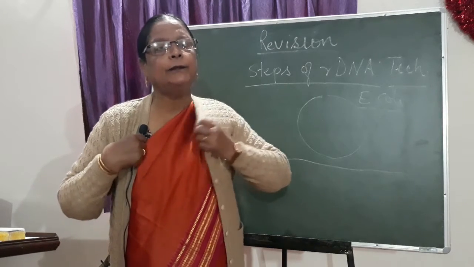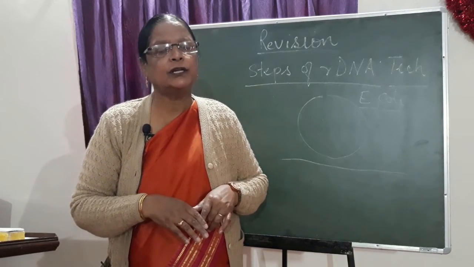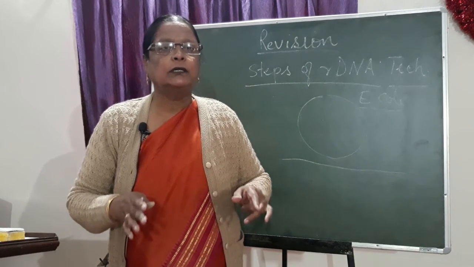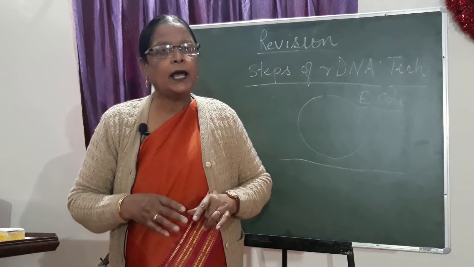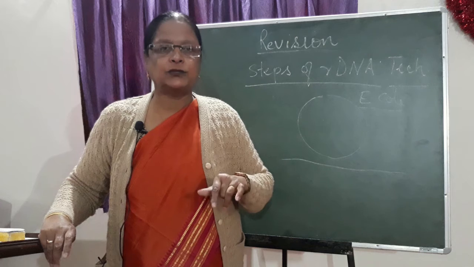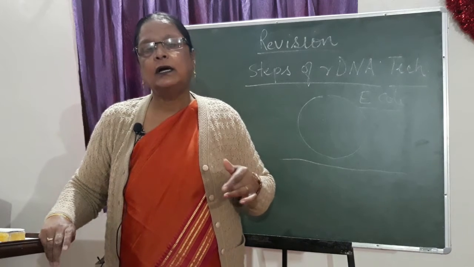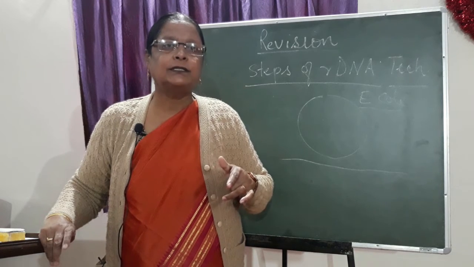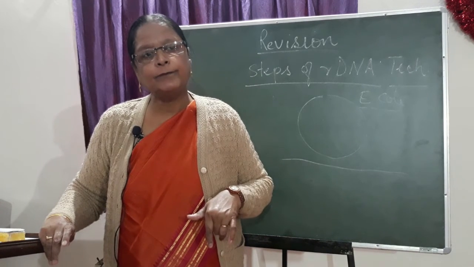and then third was cutting the circular plasmid with the help of the restriction enzyme, making it straight. Then the next step was cutting the gene also with the same restriction enzyme and combining both of them, the desired gene and the plasmid. This is done with the help of ligase, and this gives us a new form of DNA, which is now called recombinant DNA. Then inserting this recombinant DNA into the bacterial cell,